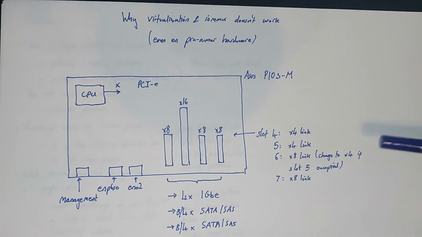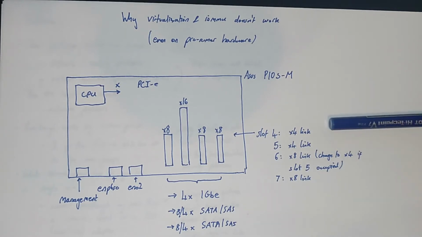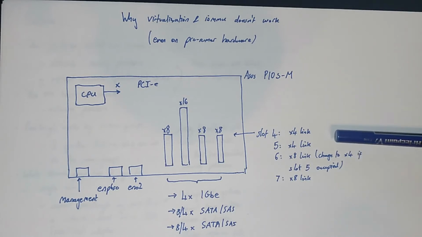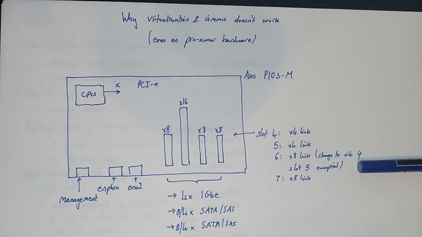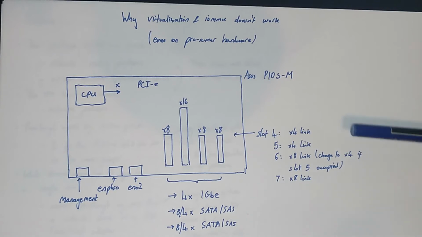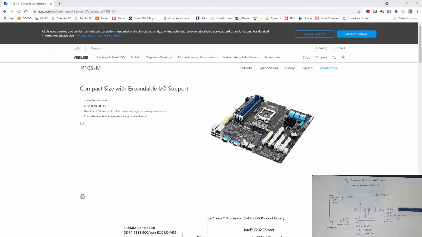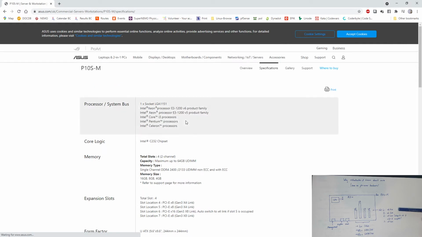And then, as I was saying, there are some limitations with this. So, for example, if you populate all the slots, then you have two x8 links and then two x4 links, even though they're in larger physical sockets. That's limited by the number of PCI lanes from the CPU. And we can just have a quick look at the online spec sheet for this motherboard. In particular, if we check the specifications, you'll see that it's for